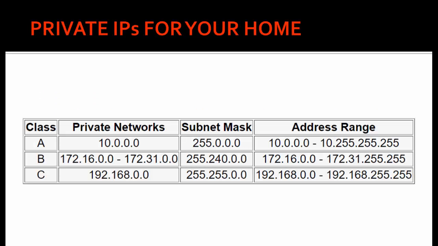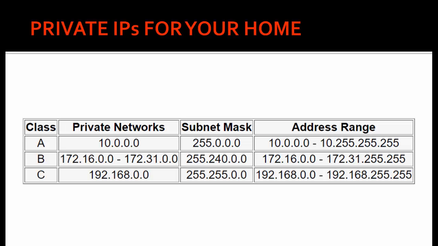Private IPs for your home. Now let's say you want to use some private IPs for your home and you want to assign IP addresses to your devices. What series of IP addresses should you use? There are some classes already defined by the network engineers who designed the entire world's network, and you have to use only those series. You cannot use any series whatever you want, even at your home. So I won't talk about B series because the B class network will confuse everyone. I will talk about A and C because even in our configurations we'll be using A and C class networks.